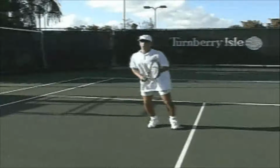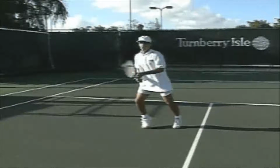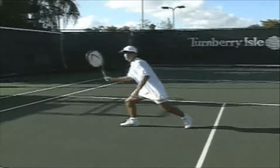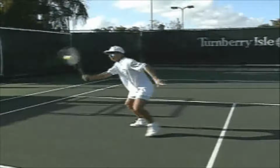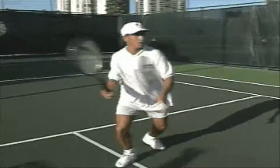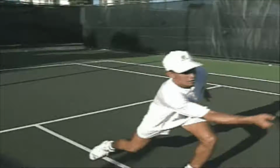Hold the racket head out in front of you approximately chest high with your non-racket hand on its throat. The racket hand should be pointed at the net. Bend your knees with your weight on the balls of your feet. As soon as you can tell which side the ball is going to come, turn your upper body and immediately line the racket head up with the flight of the ball. The racket head should be higher than your wrist with the racket face in a slightly open position. You won't have much time, so don't take too much of a backswing. On most volleys, the racket should remain in front of your body in